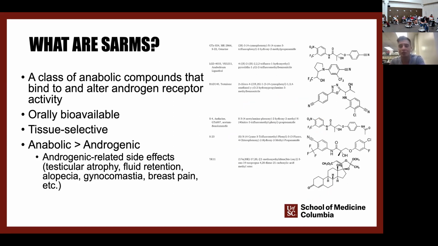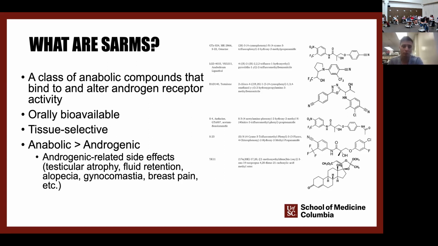Because they are modulators and not purely activators, it depends on the tissue within the body whether they can activate and upregulate this system, or whether they can bind to and inhibit or block this upregulation in AR signaling. So that is a key characteristic of SARMs, that they are tissue selective. I'm going to hammer home this point because it sets up how it's used in the clinical sense, which we'll go over, and how it's used in the fitness and athletic world.